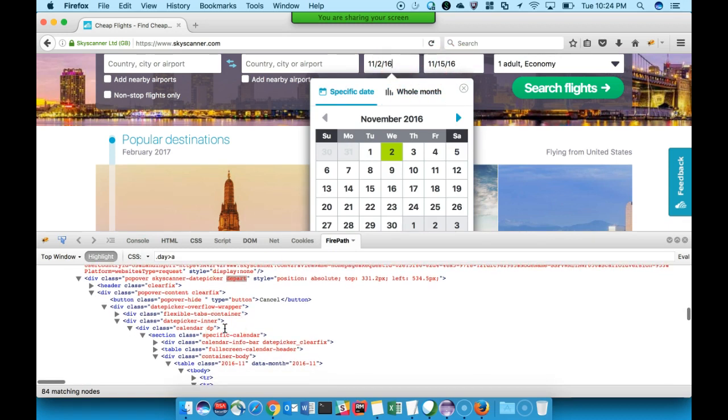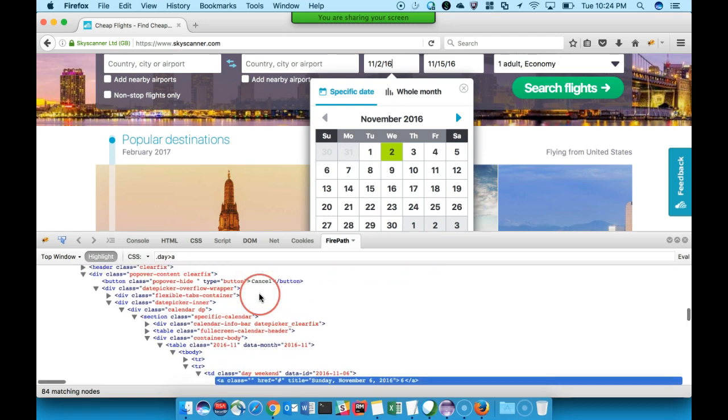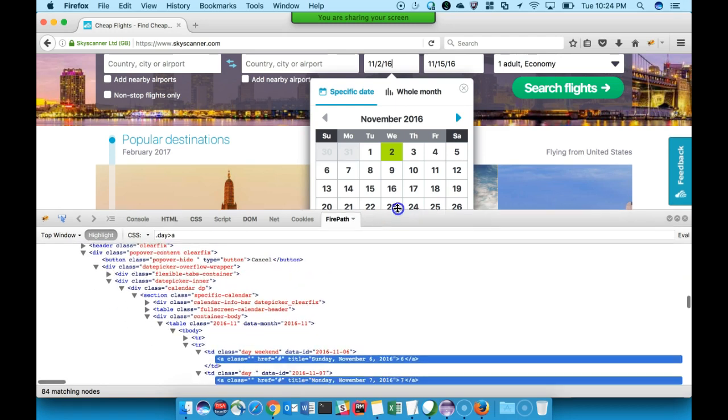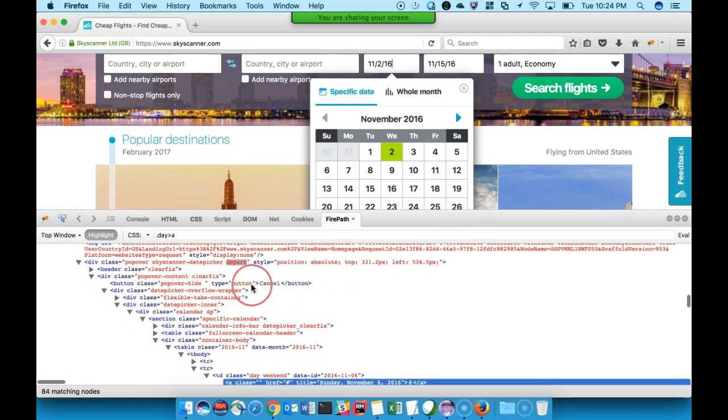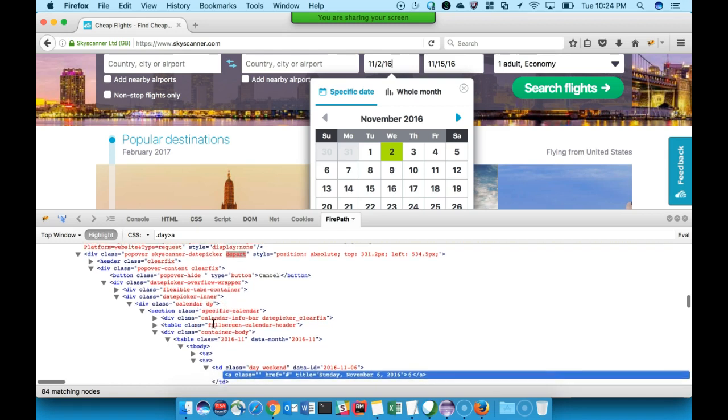So for every object that I'm going to create for this date picker, I'm going to use this depart class as the parent, and from that I'm going to use the parent-child relationship to find the date picker objects for this one. Okay, let us further dig into this.